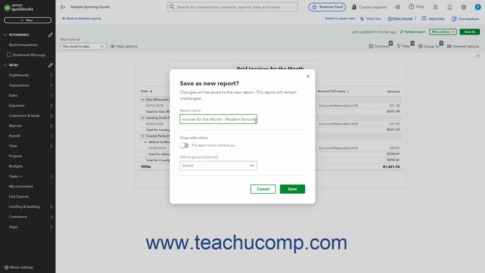To share this report with others, click the Share with Others toggle switch to set it to the On position. To add this report to an existing customized report group, use the Add to Group drop-down to select the name